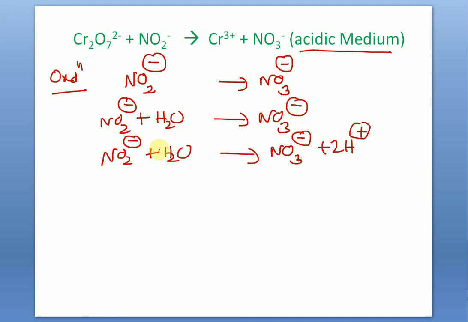Now see, in the left side the total charge is -1, water is neutral, and in the RHS it is +2 -1, it is plus 1. So since it is oxidation step, definitely we have to add electrons in the RHS. So if you add 2 electrons, +2 -2 they get cancelled and you are left with -1, here also -1. So both the sides have now equal charge. Charge has to be equalized. So oxidation step is over.